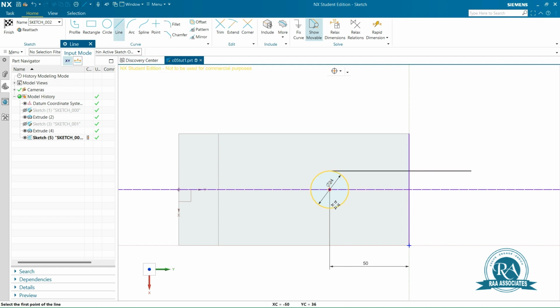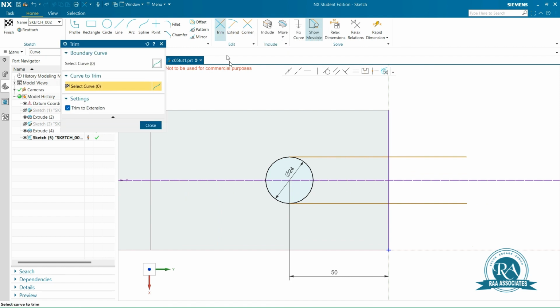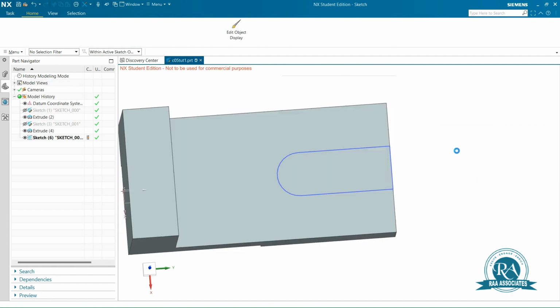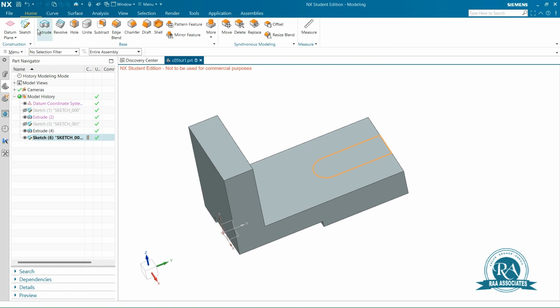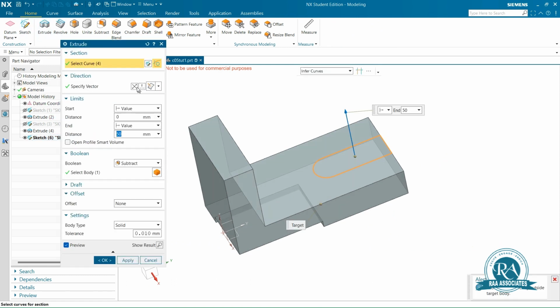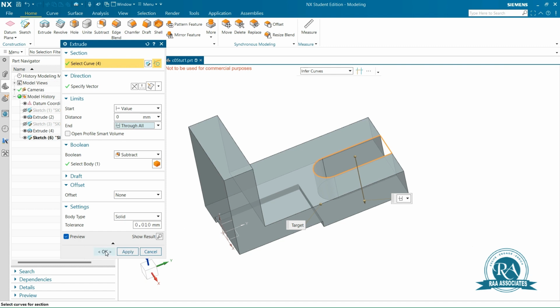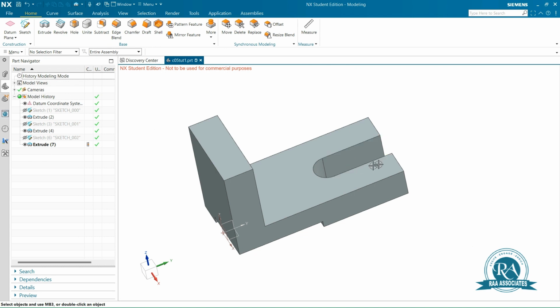Draw the horizontal lines. Now invoke the trim, delete the unwanted curves. This completes the sketch for the third feature. Now select extrude, reverse the direction, select through all, select subtract in the boolean operation, say OK, hide the sketch,